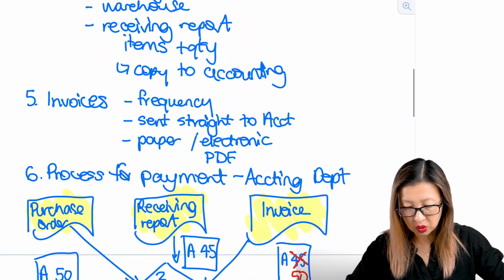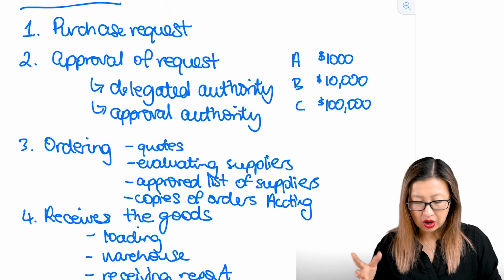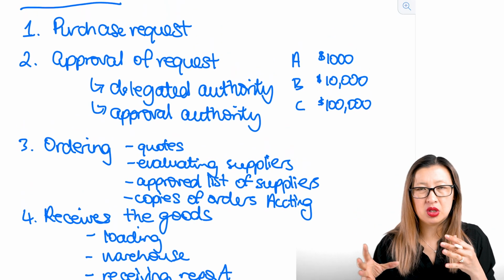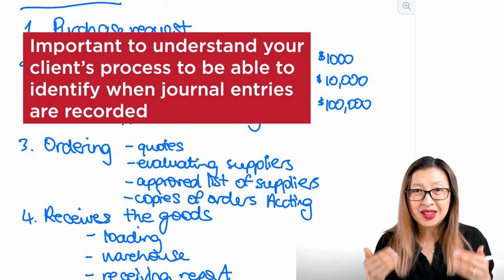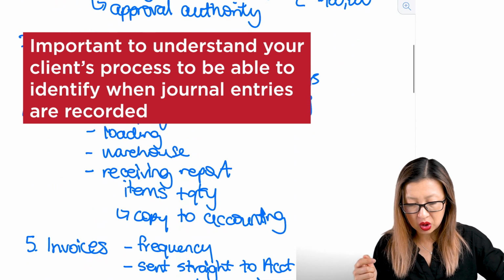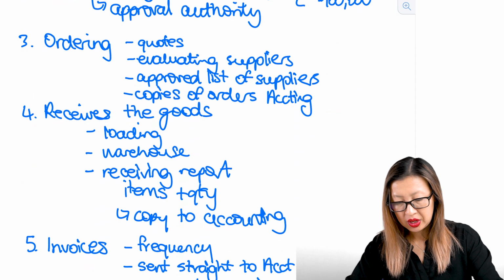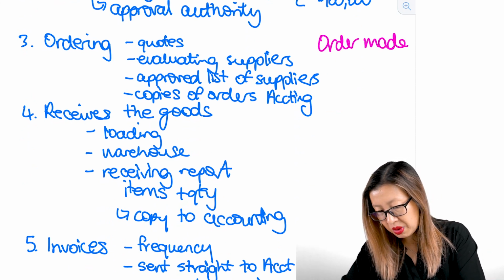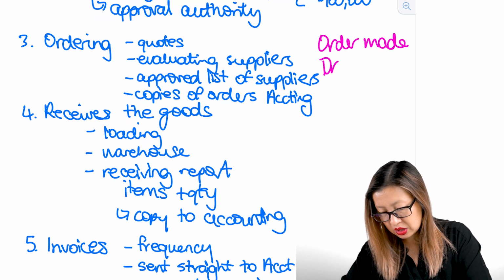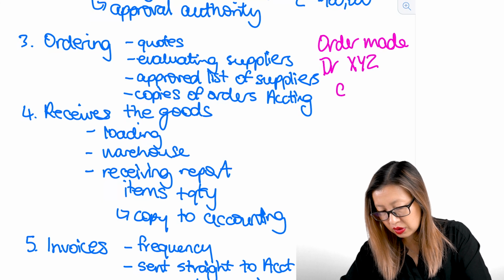Now, a good question is probably raised here as to where journal entries happen at other places. So in terms of where we might have journal entries for other items, it depends on the computer system. So this is why it's really important to make sure that you understand the client, understand their business processes, because when they've made the order. So it could be that when the order is made,